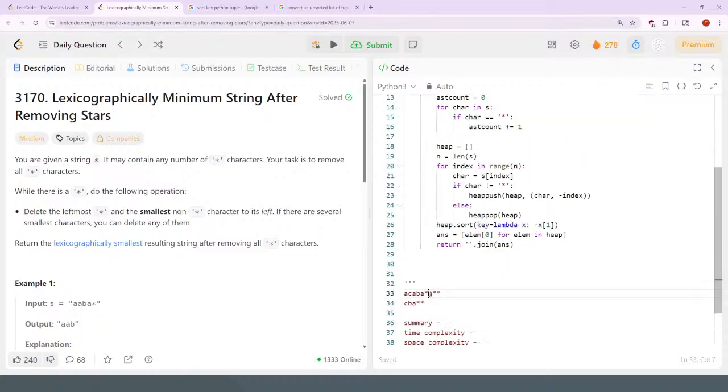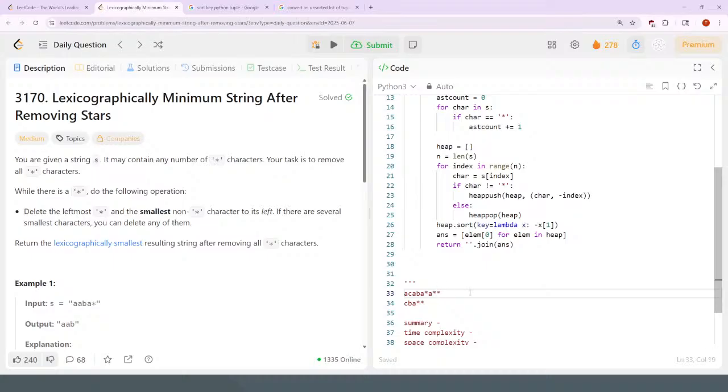So this index, what would it do? So for any given index, the smallest element, the index of the thing that's smallest to the left of it, then,